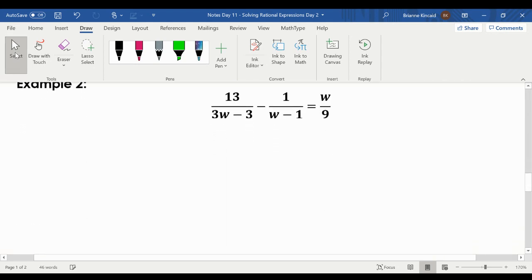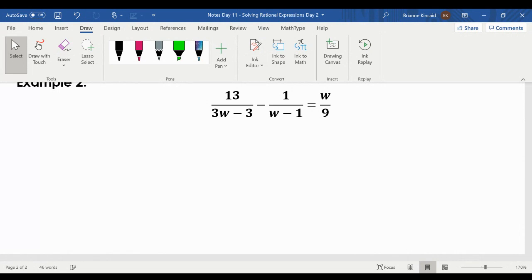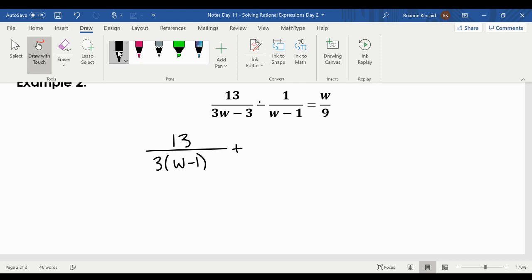Now, the second example is a little bit trickier, because you have more than just monomials. You have quantities underneath here. So the first thing I want to do is factor the denominator to figure out what exactly the LCD is. This first fraction, 13 over 3w minus 3, I can take a GCF of 3 out. That's w minus 1. Remember, we're changing this to plus a negative, so plus -1 over, and as we've talked about in earlier videos, I'm putting that w minus 1 in parentheses,